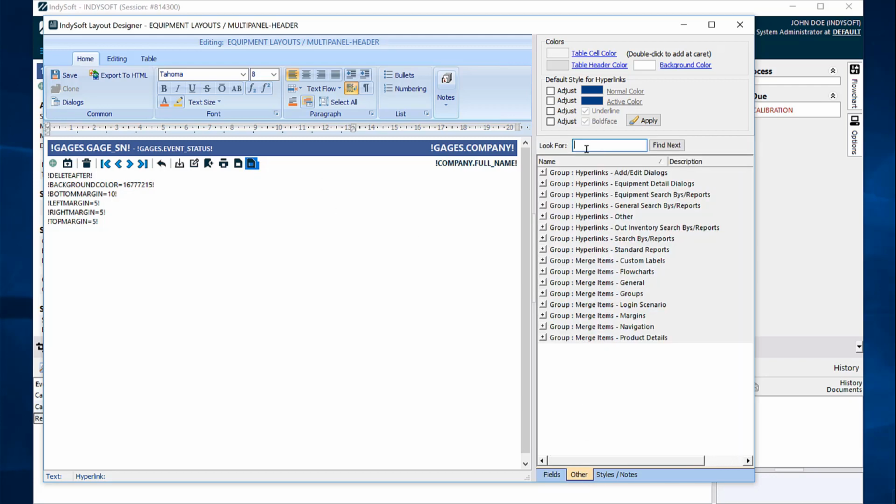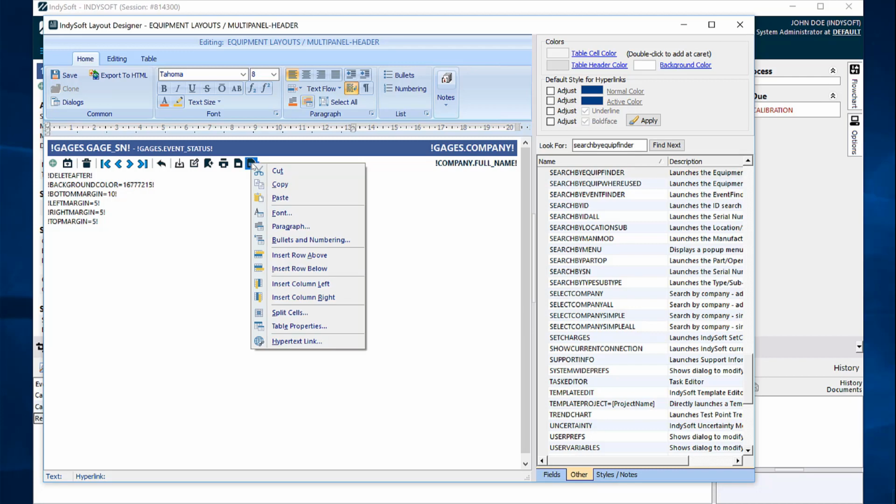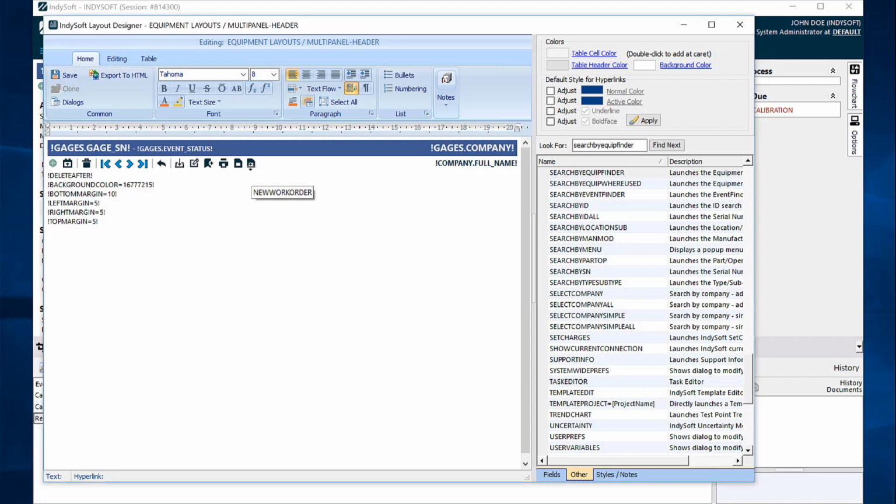So if we come up here to our search bar, we can type in search by equip finder, and that's going to be our equipment finder. We also have our event finder, different searches in here. And so what I'm going to do is I'm actually going to right click on this image here, come down to hypertext link, and then I'm going to type in exactly what you see in the right hand side, search by equip finder. When I hit OK and highlight over it,